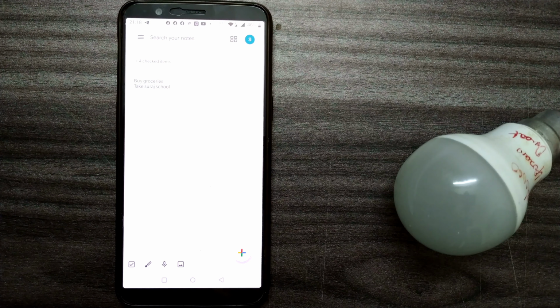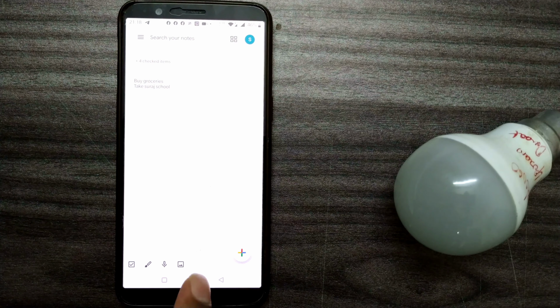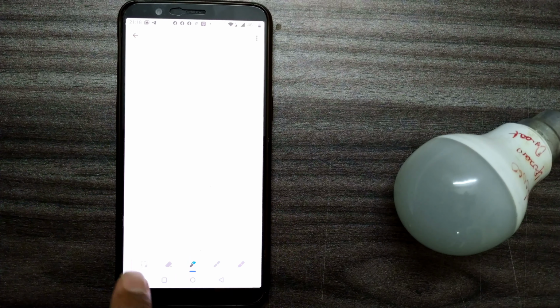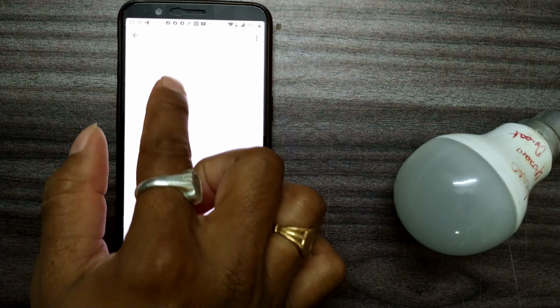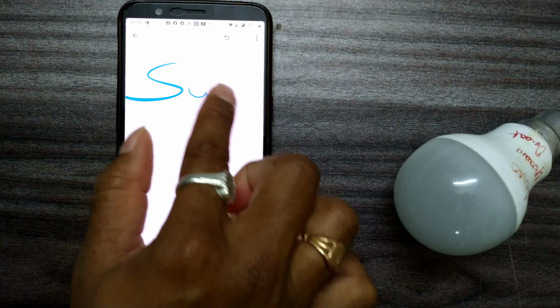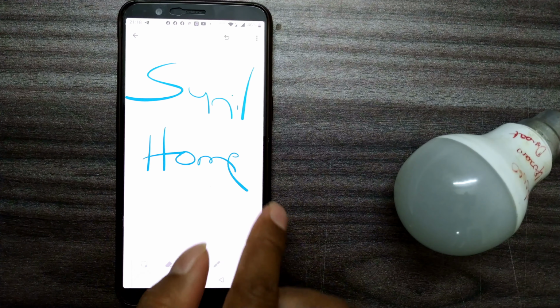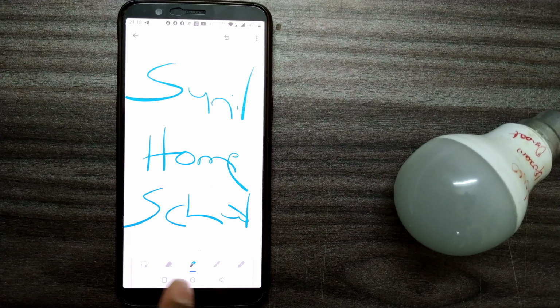When you are in a meeting or in a classroom or somewhere, you want to take a note with your touchscreen finger itself, you can press this thing. Once you do that, it will give you a blank page here. You can write anything. If you are not comfortable typing on keys, if you want to just jot down something rough, then you can simply take your hand or your stylus and go on writing here. For example, I write my name, Sunil, or something, home, look, school. Even this gets saved.